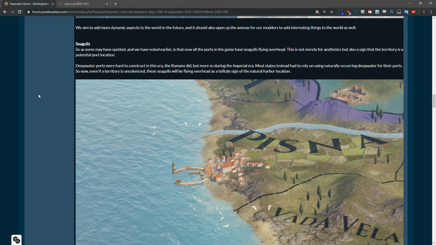It's nice. Deep water ports were hard to construct in this era. The Romans did it, but it was more so during the Imperial era. Most states instead had to rely on using naturally occurring deep water for their ports. So now, even if a territory is uncolonized, these seagulls will be flying overhead as a telltale sign of the natural harbor location. And again, this is another thing that people have been a little bit iffy on, but I'm